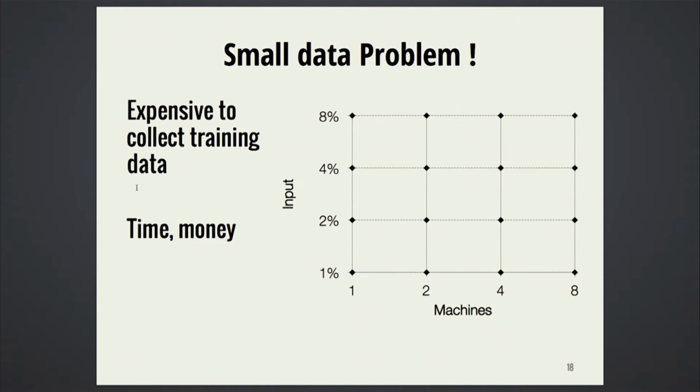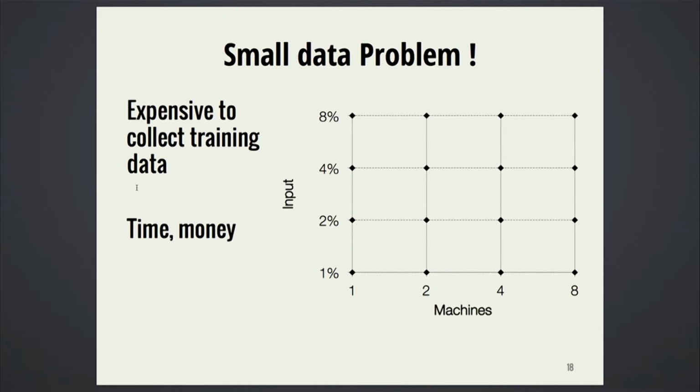training data is expensive, because you have to actually go to EC2, run a job, which takes some time and money that the user could have used to actually run their original job. So we had to figure out a way to cheaply collect enough training data so that we can build a good enough model, and for it to not be too expensive.